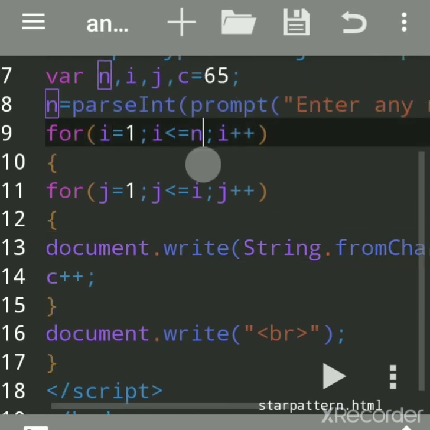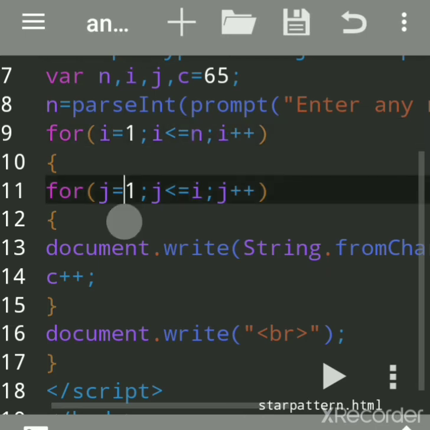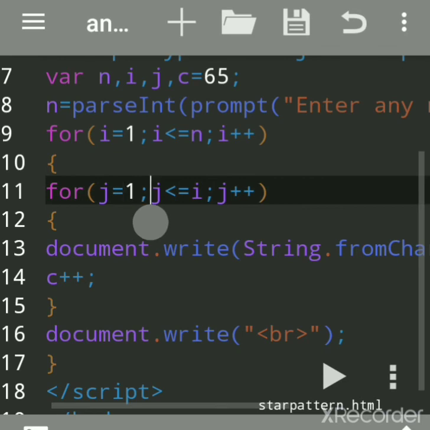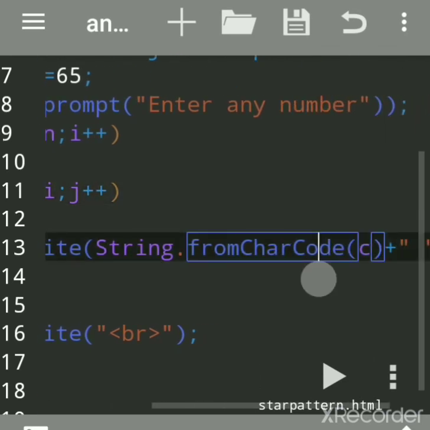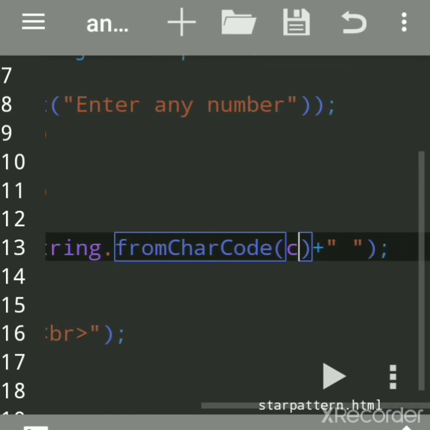3 is less than or equal to 4, yes, because the n value is 4 and I is now incremented to 3. Inner loop J, again it will start with 1. 1 is less than or equal to 3, yes. Then it will print the value at 68, that is D, which means on the third line we get the first letter D with space.